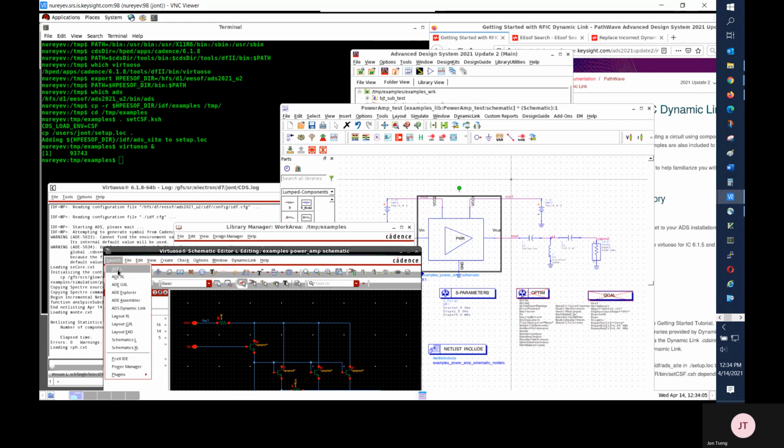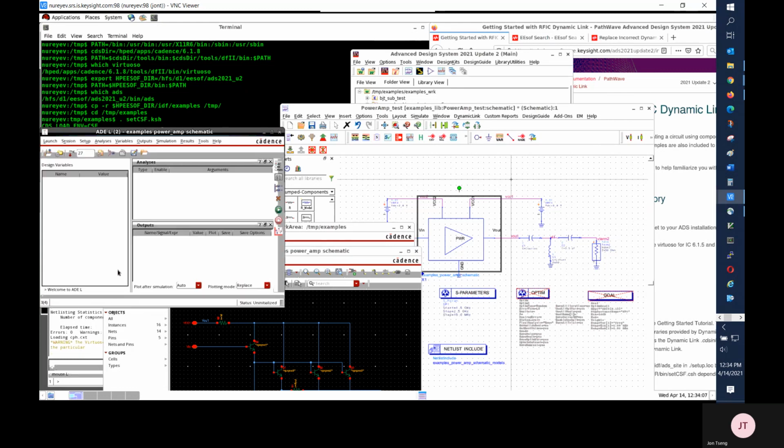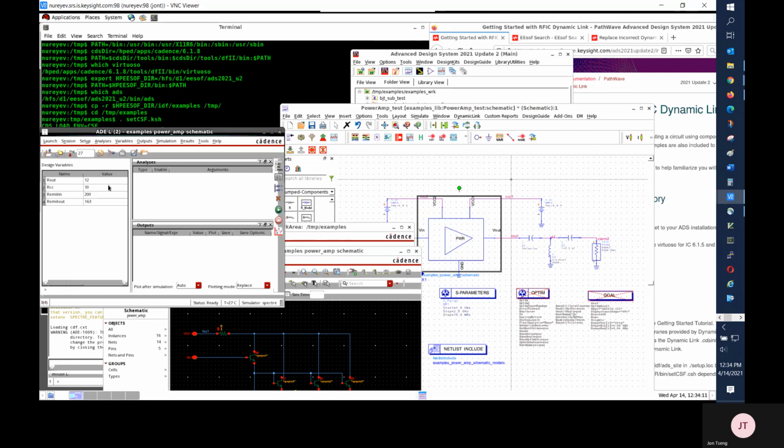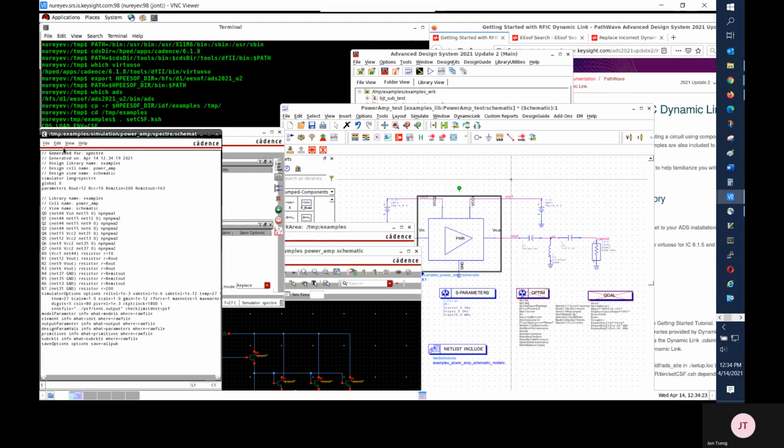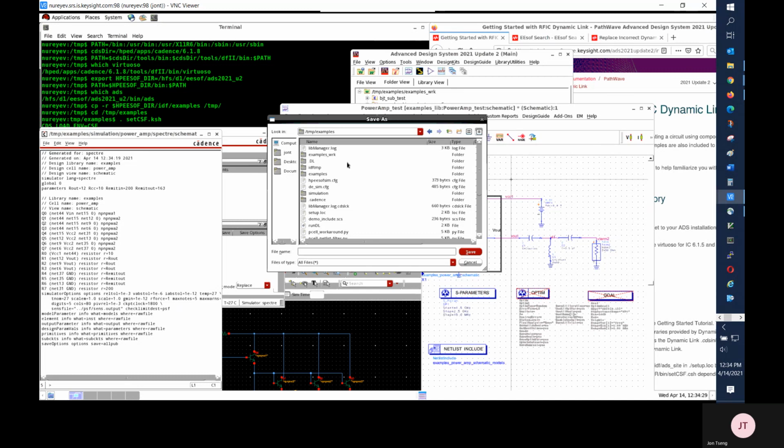Now I'm launching Cadence ADE in order to create Spectre netlist file of the Cadence schematic cell view. Simulation, netlist, create, and I'm saving this Spectre netlist file under my ADS workspace directory.